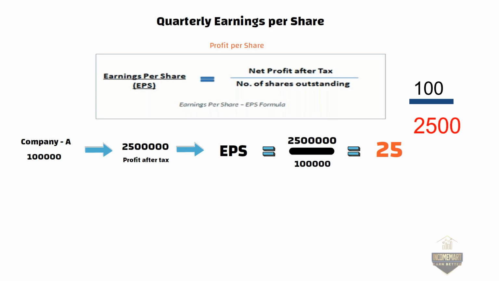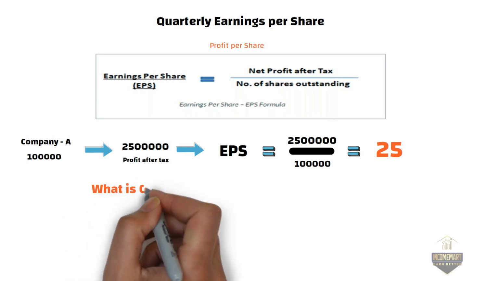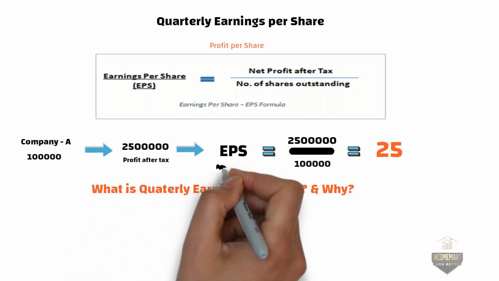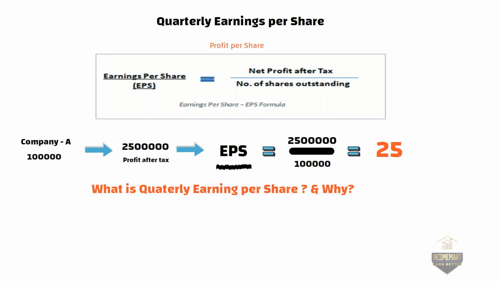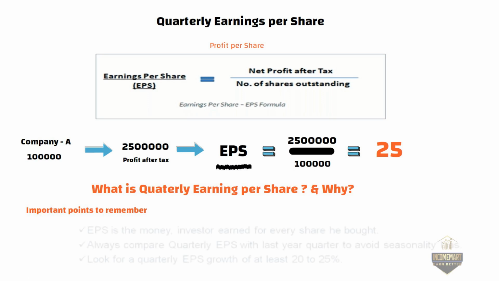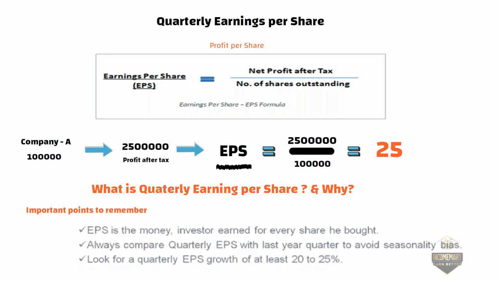This is for a yearly EPS, right? Then what is quarterly earnings per share? Every business files its taxes on a quarterly basis. So by this, we will be getting to know the quarterly profit of the company. We shall take into account quarterly profit when calculating the quarterly EPS. We need to compare each quarterly EPS with previous quarterly EPS,